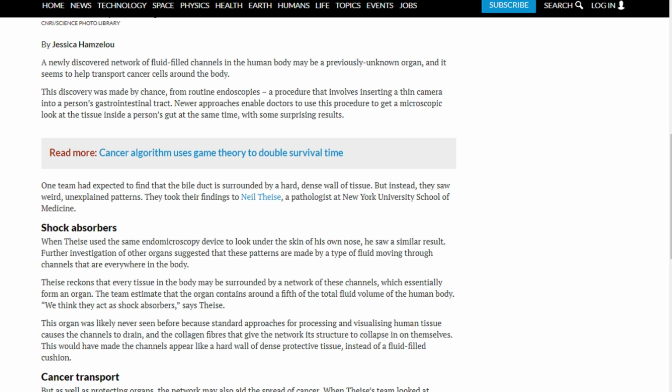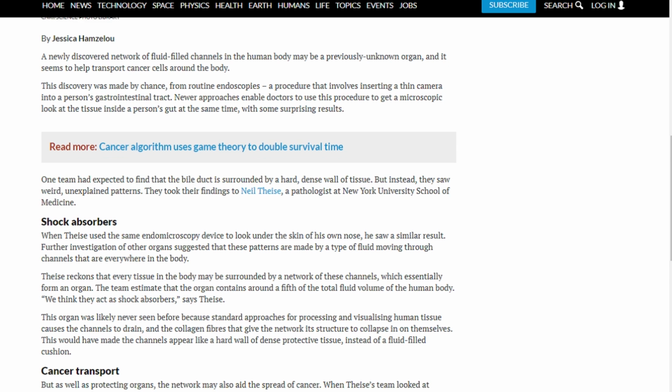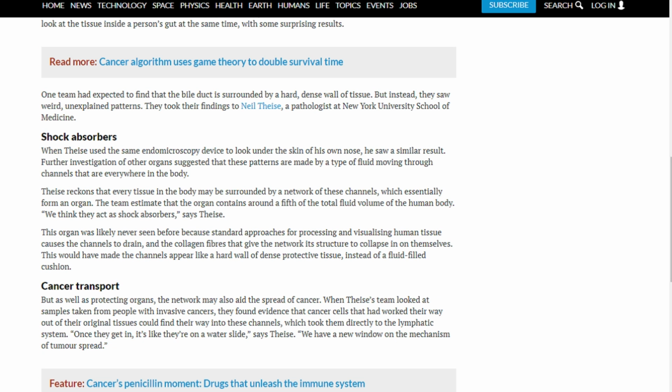One team had expected to find that the bile duct is surrounded by a hard, dense wall of tissue. But instead, they saw weird, unexplained patterns. They took their findings to Neil Theise, a pathologist at New York University School of Medicine. Shock absorbers. When Theise used the same endomicroscopy device to look under the skin of his own nose, he saw